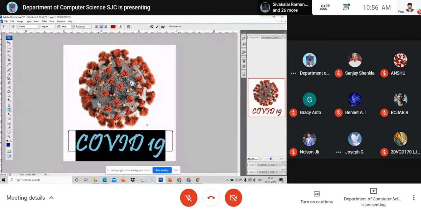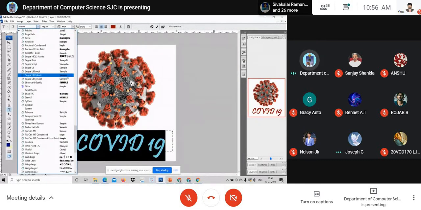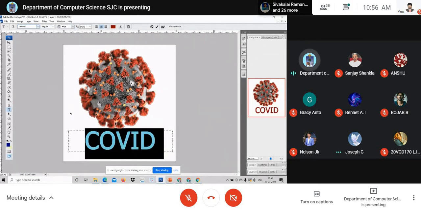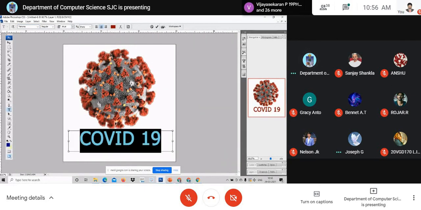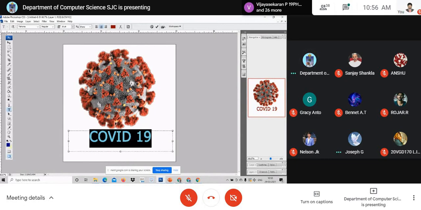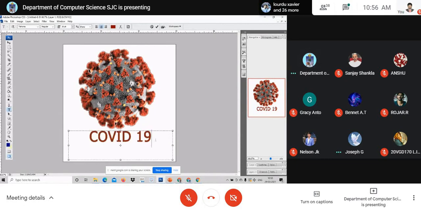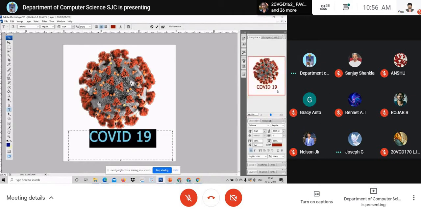Make it a formal font. The front is a formal font, the back side is an informal font. COVID-19 awareness team. It is up to you to have creativity.